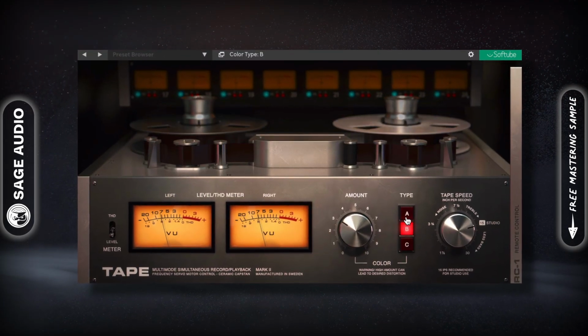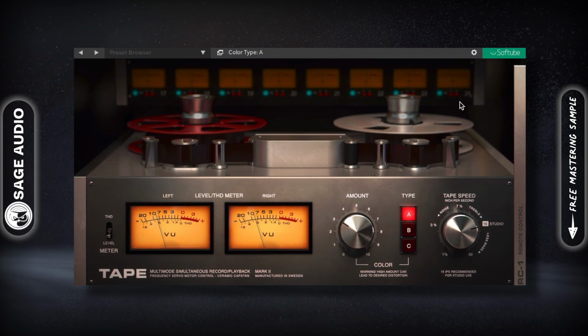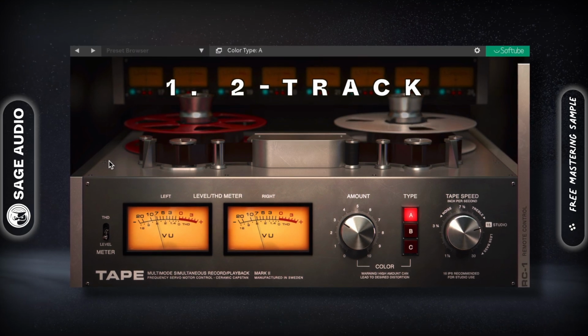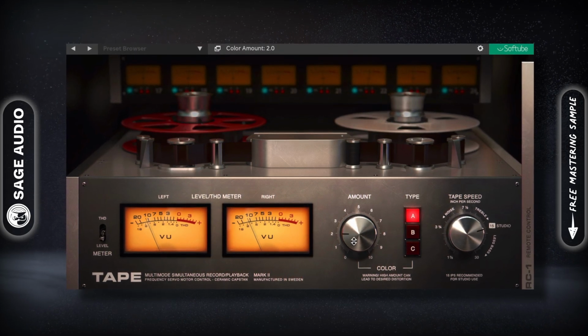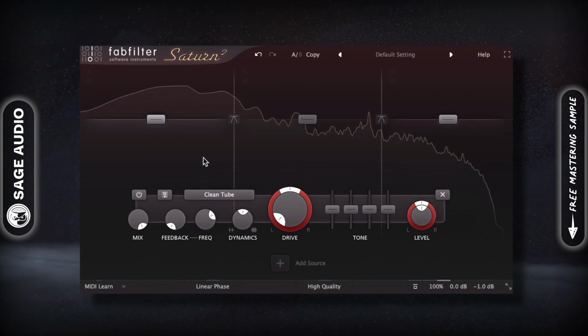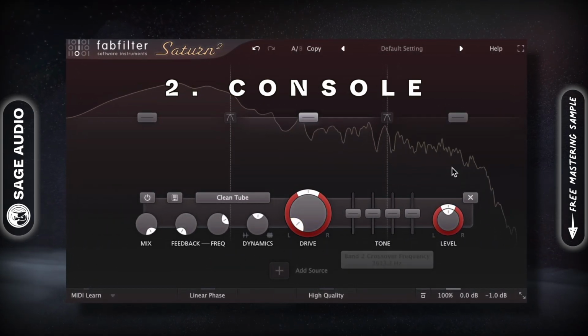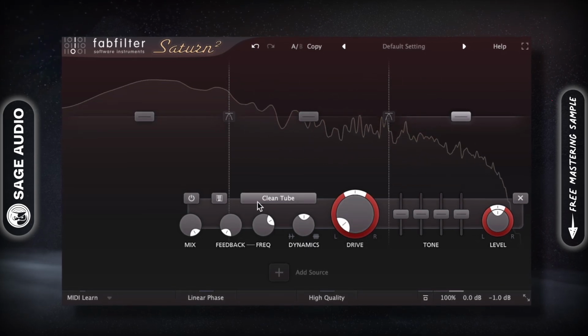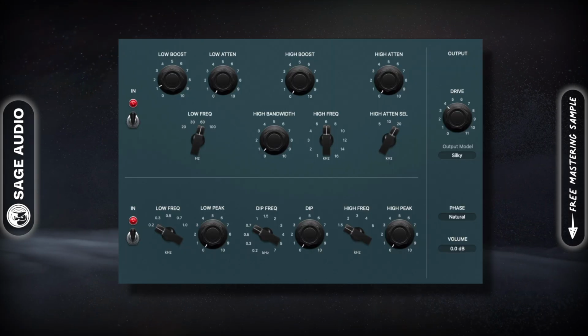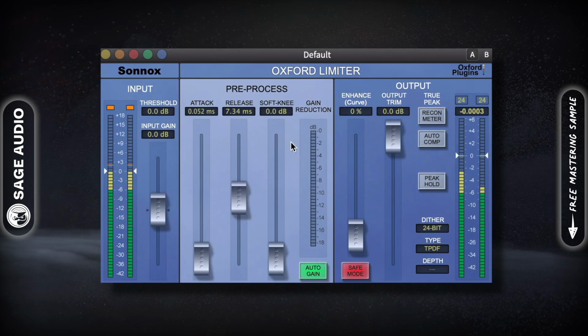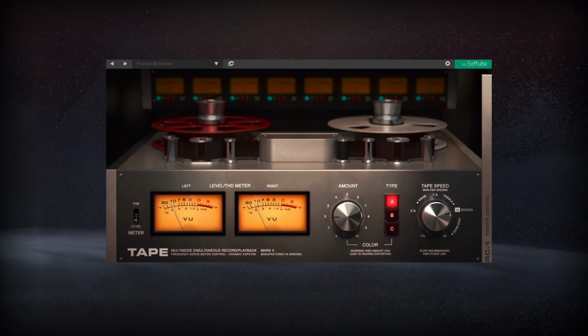Typically, an analog master would have begun with the track being stored on a 2-track mix bus tape machine, so we can start with a tape machine plugin. From there, it would be sent to some form of amplifier or transmitter of the signal, like a console, so we can use a tube or transformer emulator. Then, we'll route the signal to an analog EQ and finish with an analog emulated limiter. Finally, the master would end up back on tape and then to vinyl.